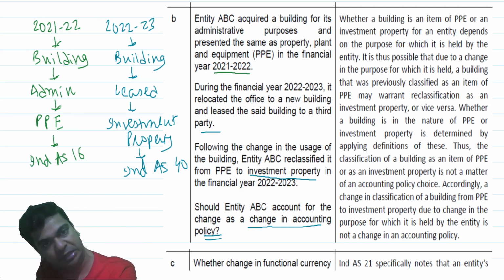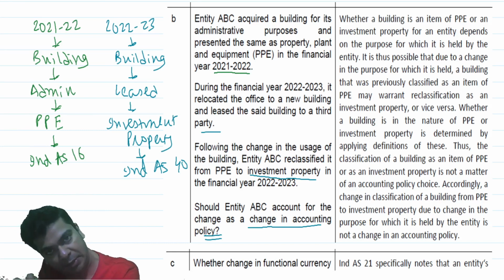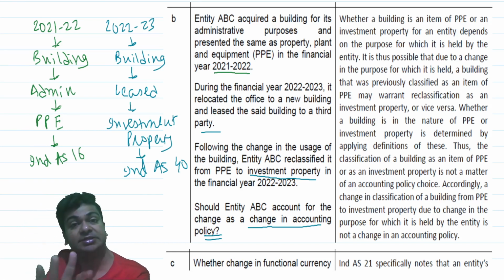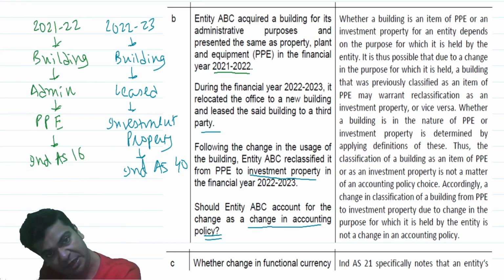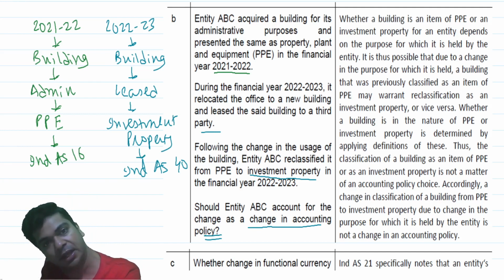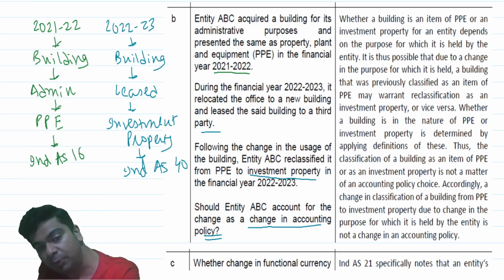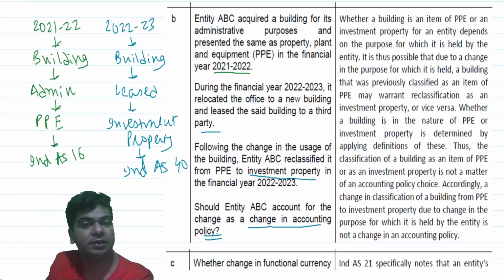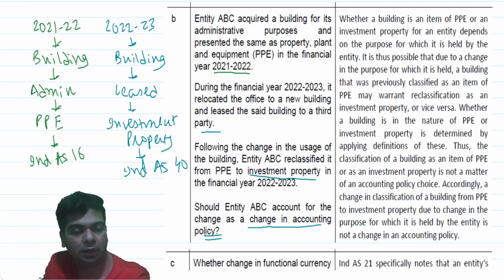Before you judge whether it's an accounting policy or not, we have to understand it very clearly. By chance, if your answer is yes, if you say that yes, this is a change in accounting policy, you know what will happen? You'll have to reclassify the building as investment property right from the very beginning. But then the fact is that earlier I was using the building as a PPE. Right from the beginning, I was not using it as an investment property. Hence, the ultimate effect of treating this as a change in accounting policy will turn out to be incorrect.